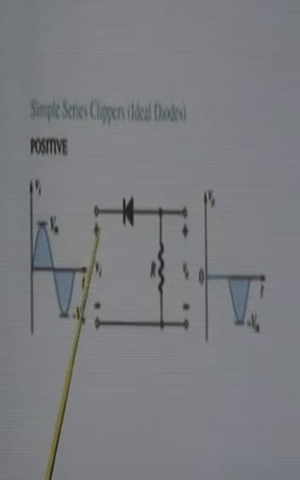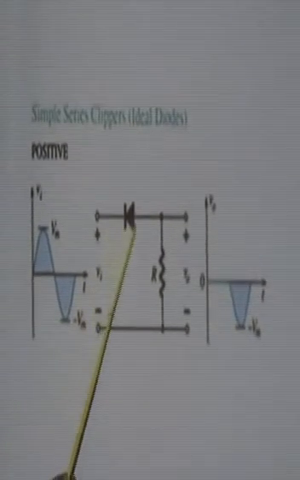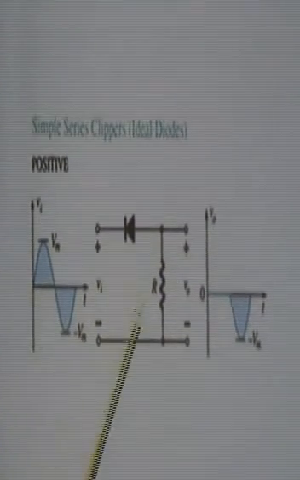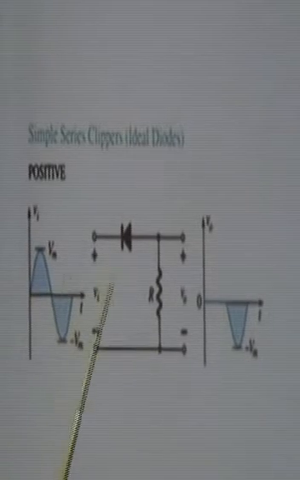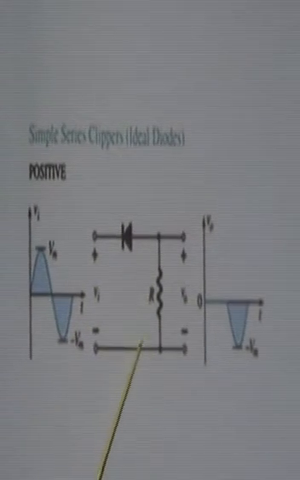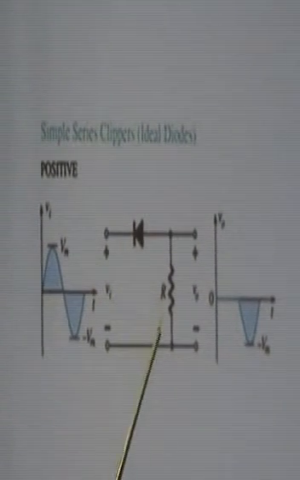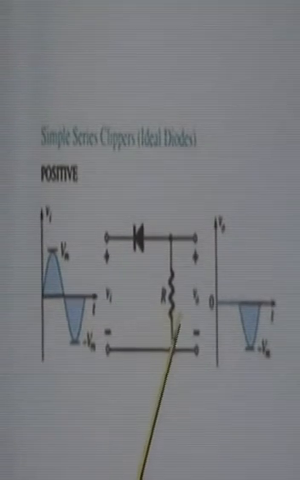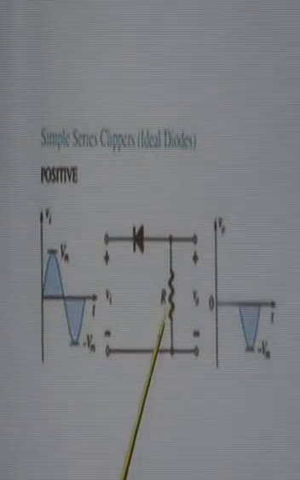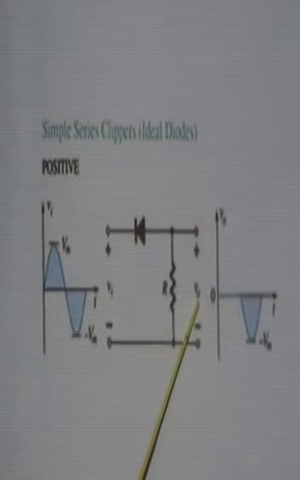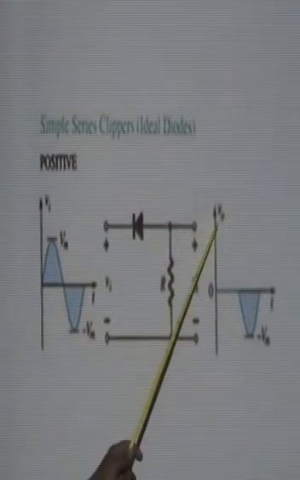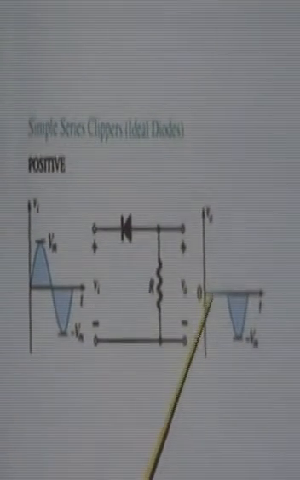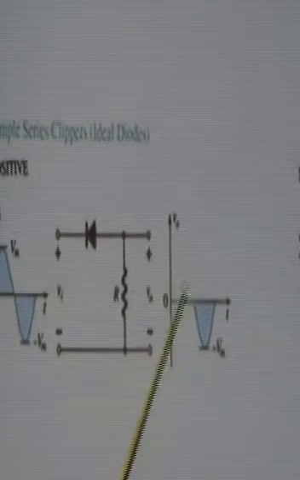So we find that the conduction of current does not take place for the positive half waveform, that means from 0 to pi. And finally, when conduction does not take place, there is no current in the circuit. And if there is no current in the circuit, then there must not be any drop across the load resistance R. And we find that the output V0 is 0. So waveform V0 is shown here. For the positive half cycle, we get 0.